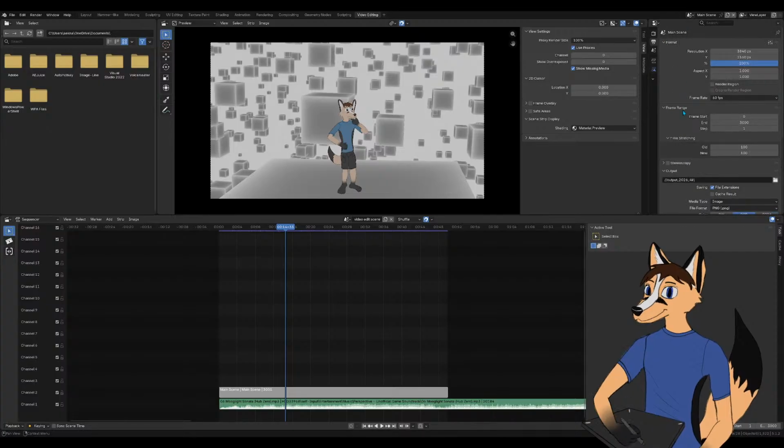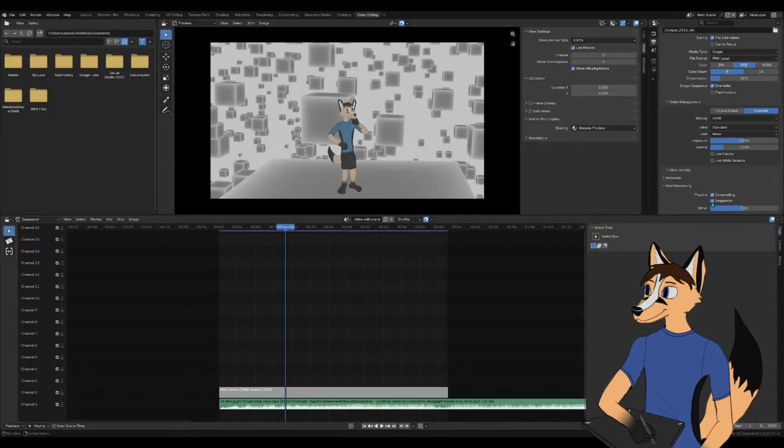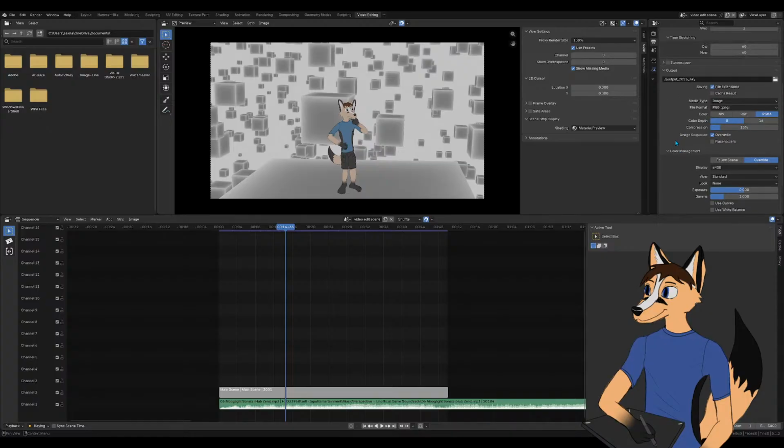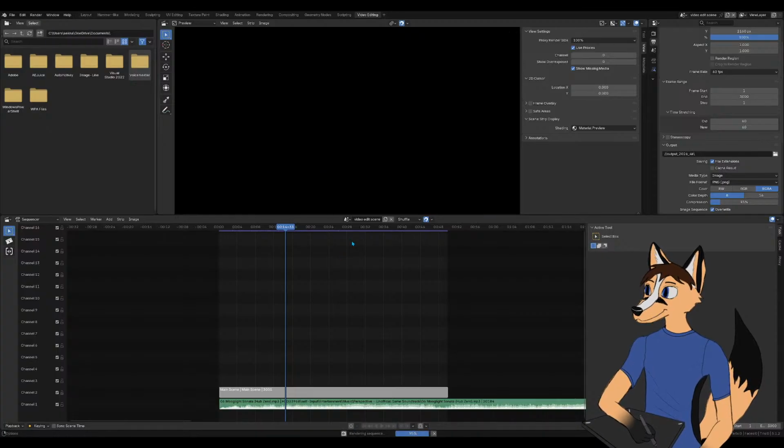Maybe if I switch back to main scene and override it to the stuff I want. Nope. That's the weirdest thing. Yep, I'm completely stumped. I don't know why the color management is so weird. Let me just render a single frame and see what happens.